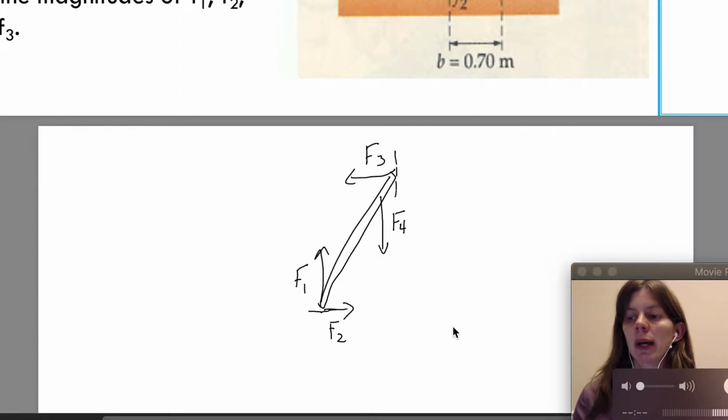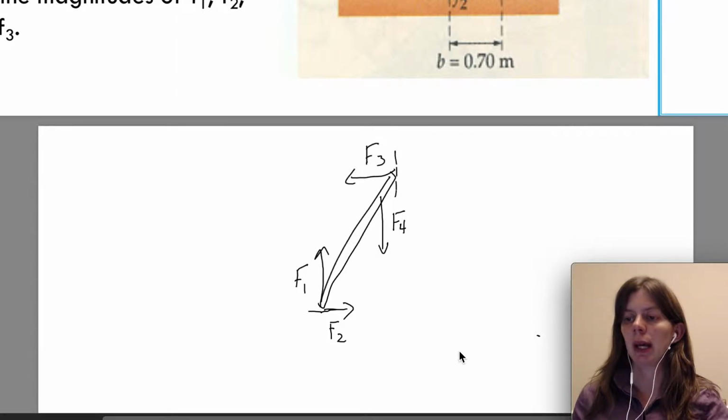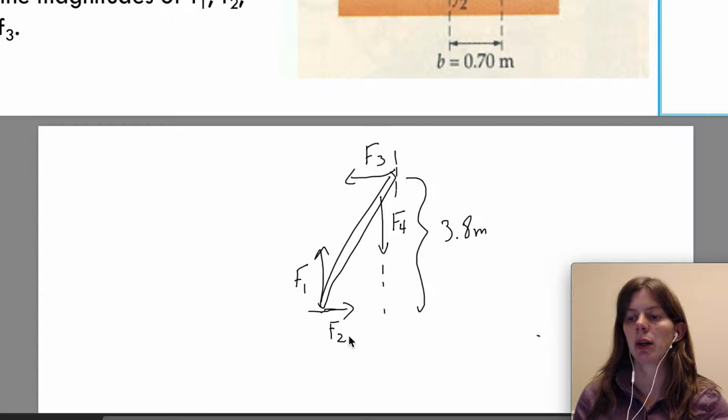So we have this force right here, and we have 3.8 from here to here, and then we have 0.7 from here to here. And I said the pivot point was right here. I didn't mean to say that